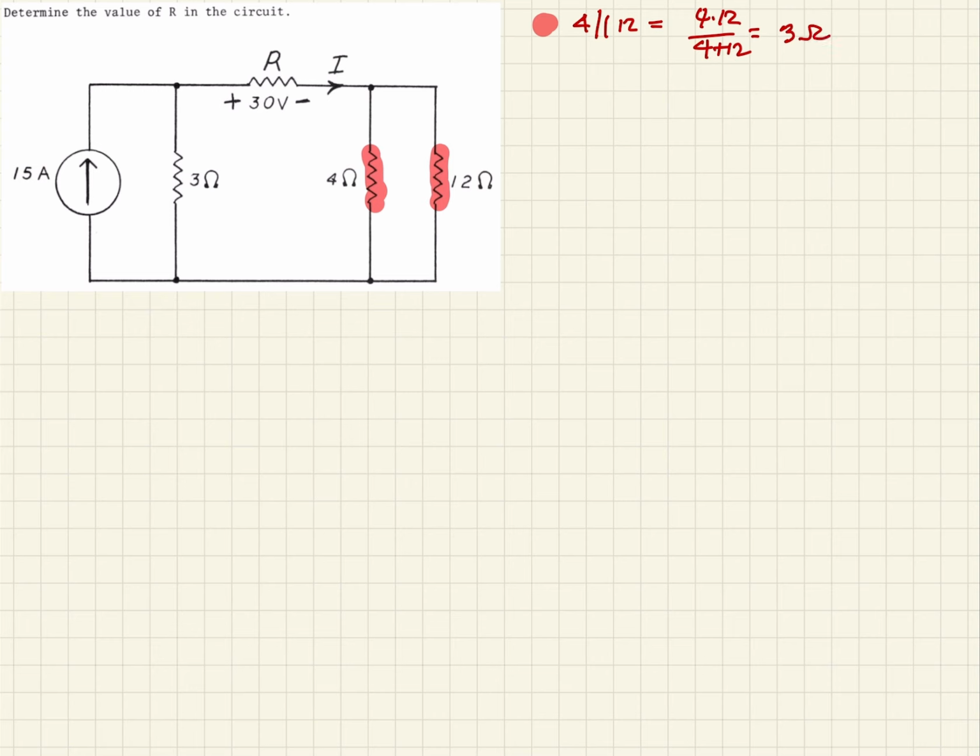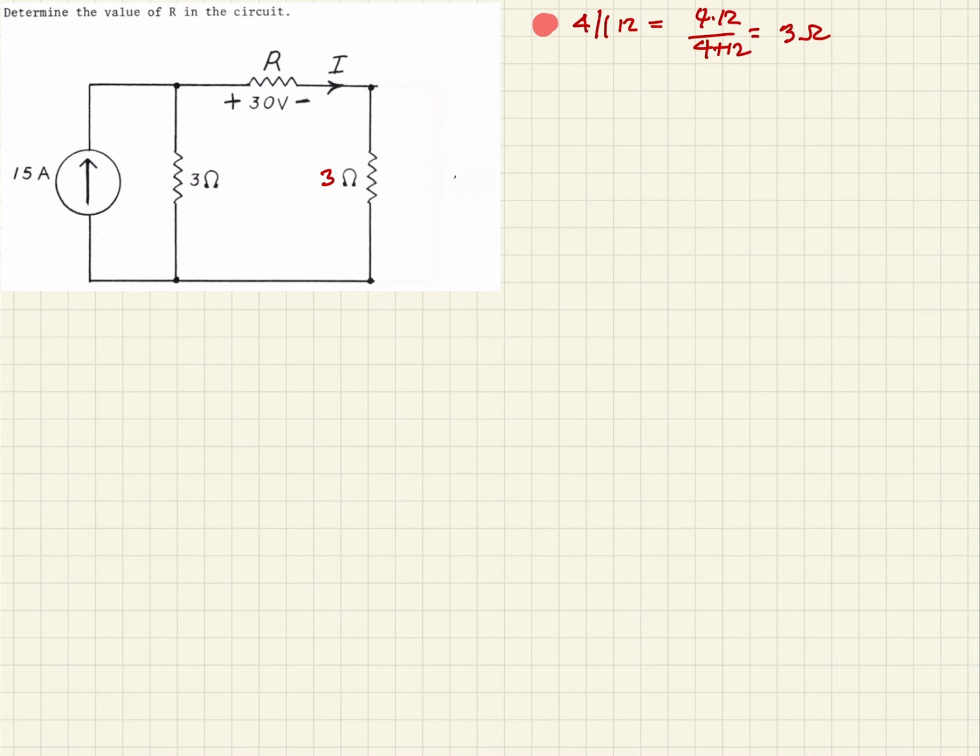So that being the case, we should be able to replace that. So we won't need this anymore. And so we can replace it with one resistor here of 3 ohms. Okay, so now